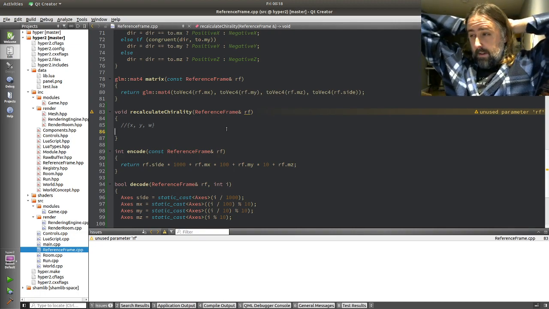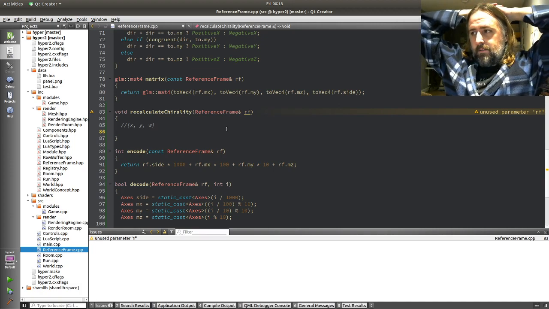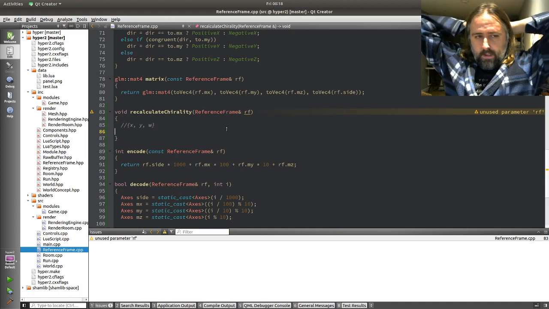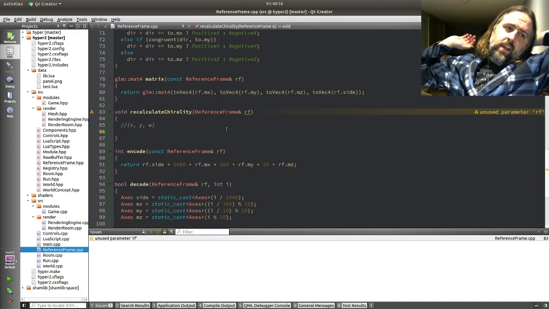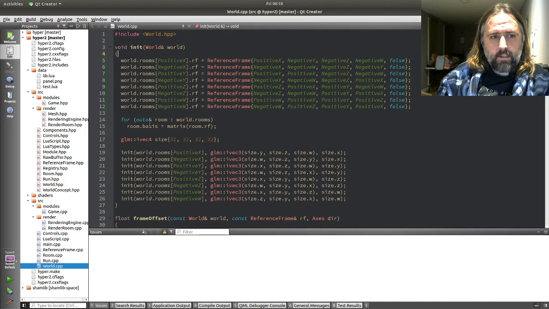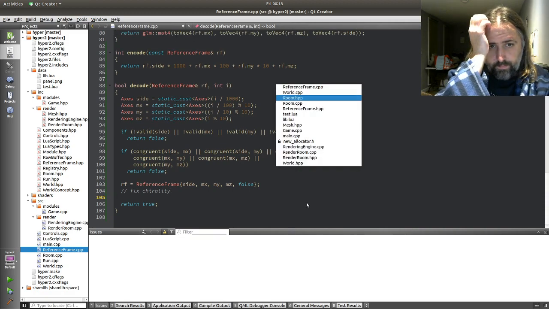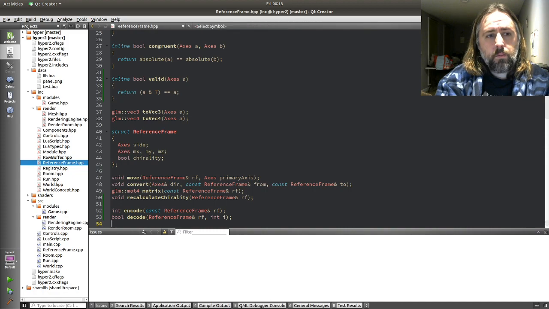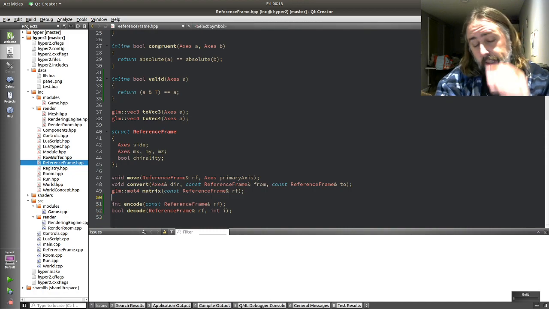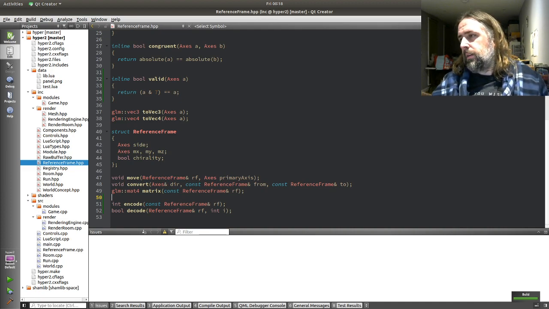It's almost like if it had a reference frame, it could calculate the chirality of the reference frame off the reference frame. Okay, so what I'm going to do is not recalculate the chirality, but leave a comment saying fix chirality. One thing that could be a good idea is to make the chirality, or make the basis